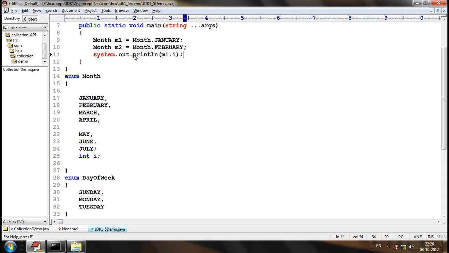Will it be compiled successfully or not? Compile time error. Why do you think it is a compile time error? Final attributes? Did I tell that I is a final attribute? Or did I tell that January, February are final attributes? Did I tell that the enum constants are final attributes? Or did I tell that the attributes inside an enum are final by default?